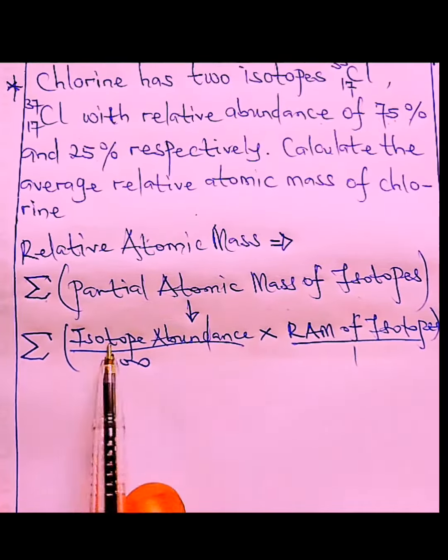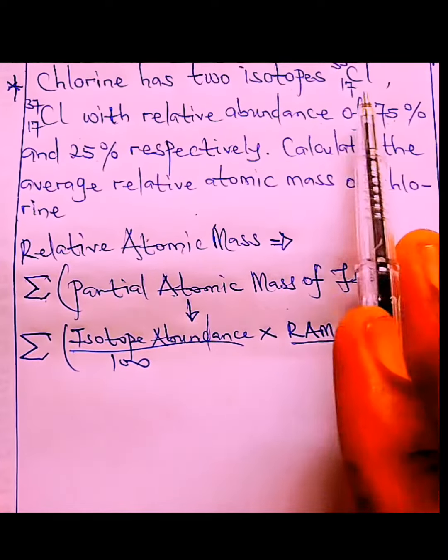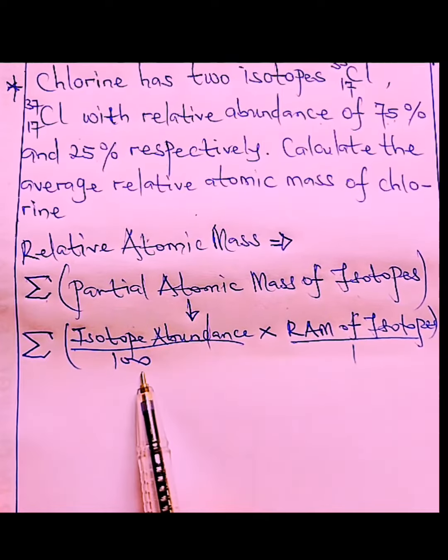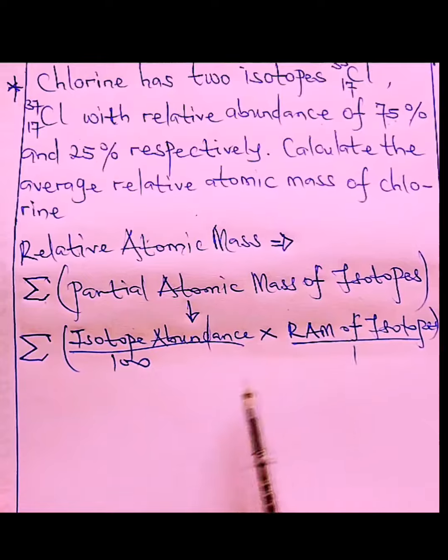So by the time we get the isotope abundance, it is just like 75. Look at this. Chlorine 35 is 75% in nature. So isotope abundance over 100 times the relative atomic mass of that very given isotope. So by the time we get